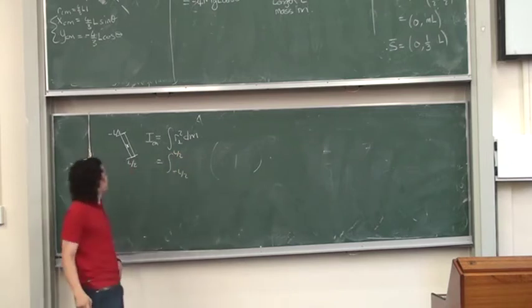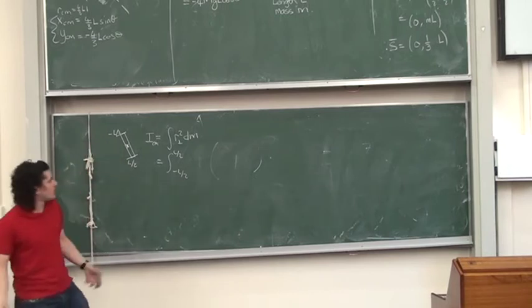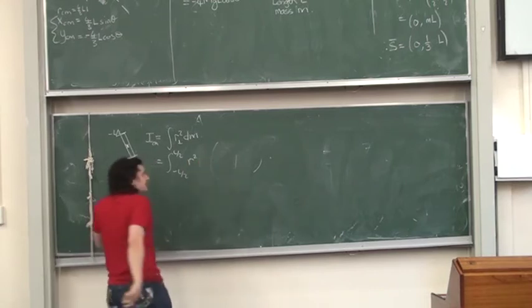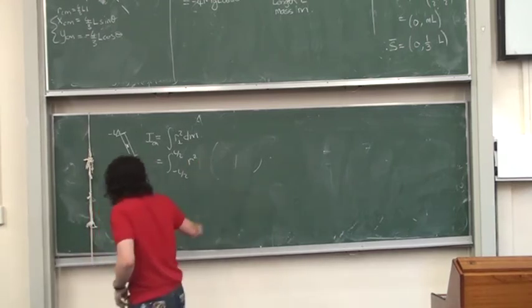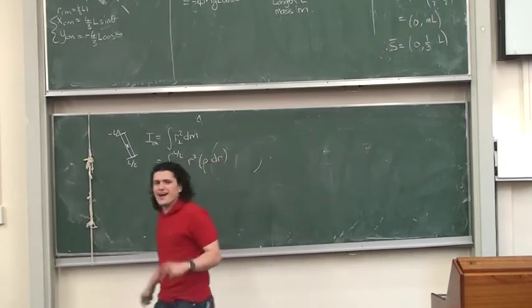The thing we're integrating is some radial parameter, r squared times dm, and dm is going to be rho dr, where rho is now a